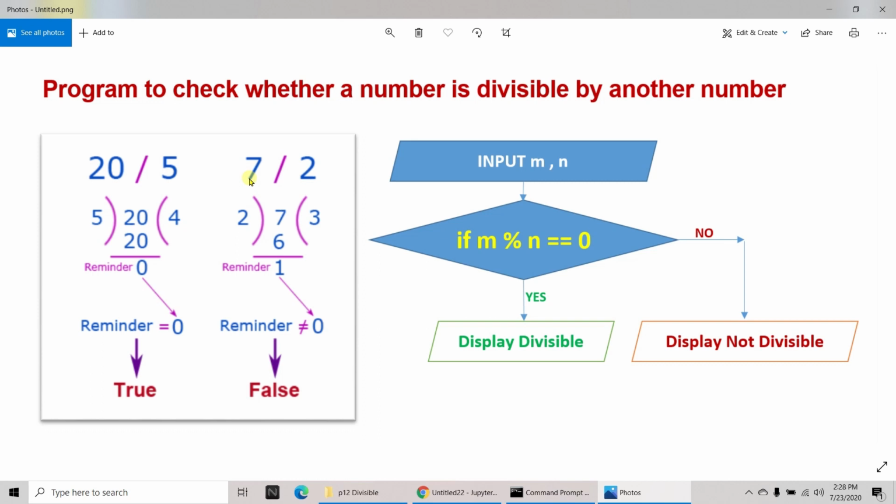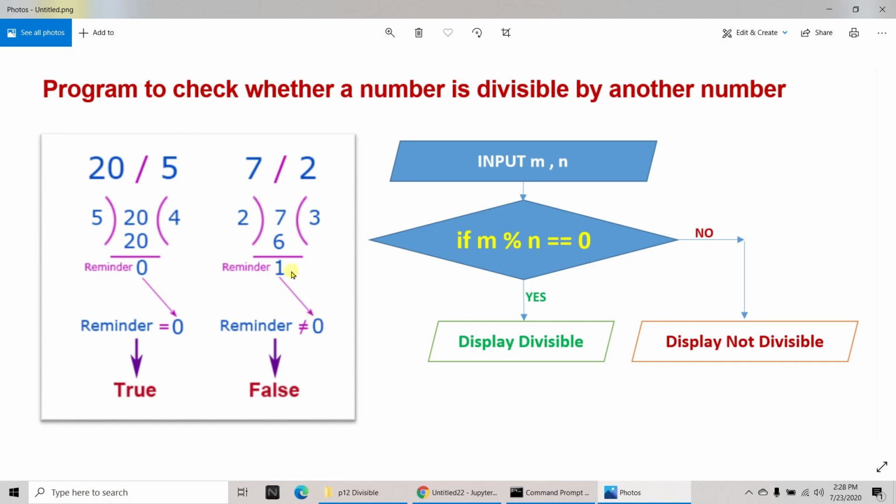So let us take one number called 7 and another number 2. So divide 7 by 2. You can see we are dividing 7 by 2. We get 3 2s are 6, and 1 is the remainder. We don't need to put a decimal point in order to divide. Now we'll stop here, since the remainder is less than the divisor. So this remainder is now 1.